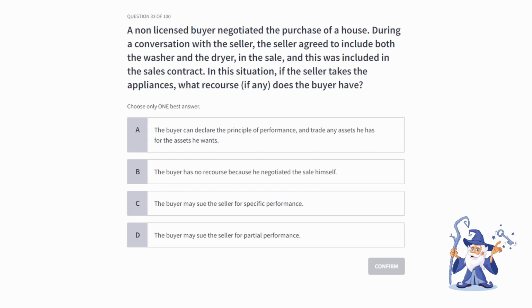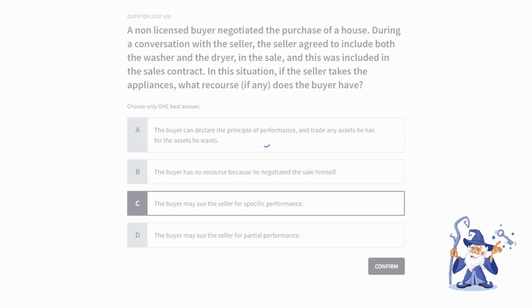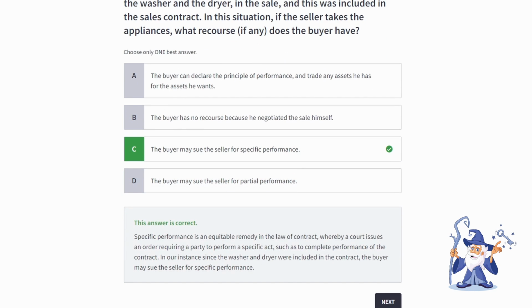Okay, so what is the correct answer for this one? Well, it's going to be C. That's right, the buyer may sue the seller for specific performance. So don't be confused with specific performance. I know a lot of you guys, the people that struggle with the performance stuff, tend to divide up these types of situations in their head. For example, they might think, oh, it's partial performance because they still want to sell the house, but they just don't want to do the appliances. Well, yeah, in your mind that might make sense, but guys, when we're talking about these specific terms,